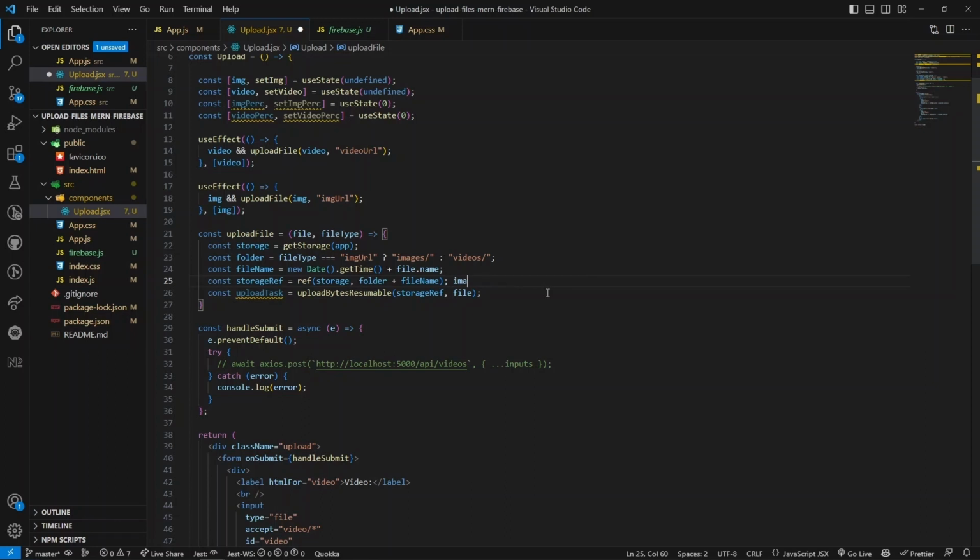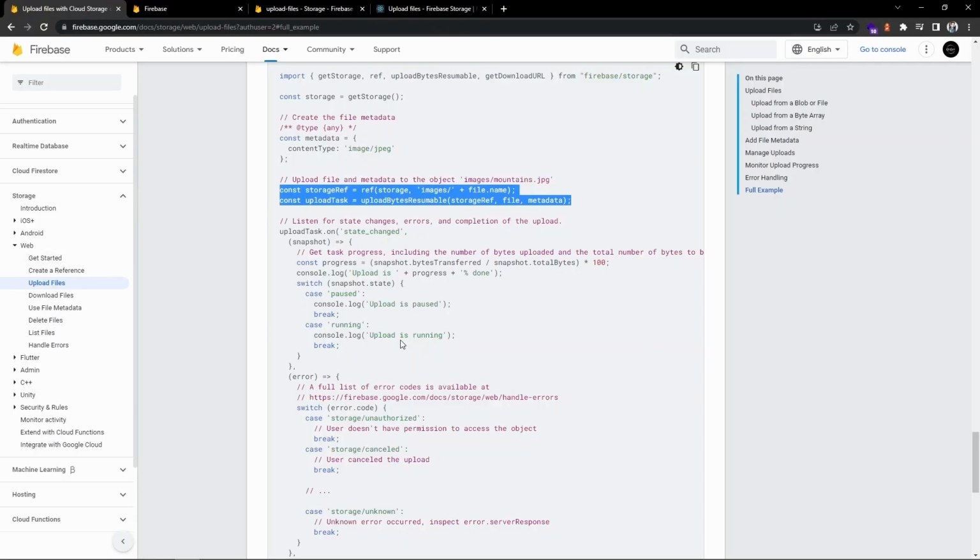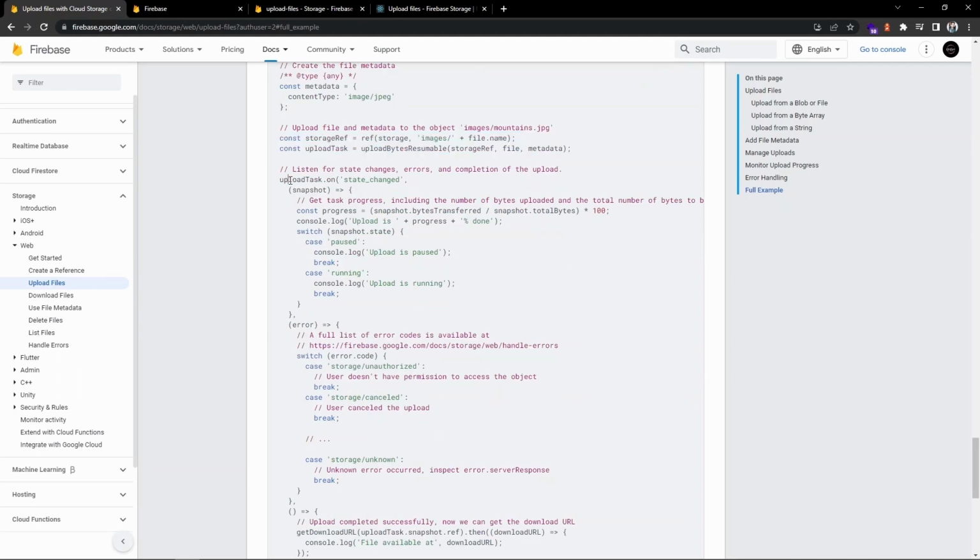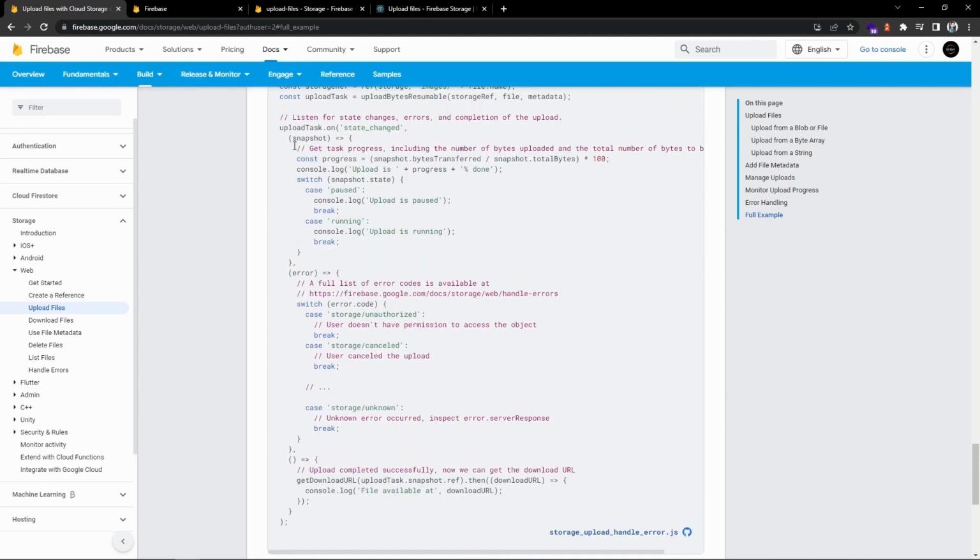So it will be like images slash file name, whatever we create. Okay, so now you can see on the upload task function, we need to listen for the state changes, if there are any errors in between or the completion of the upload. So you can copy these things. I have already made some changes, so I will go ahead and